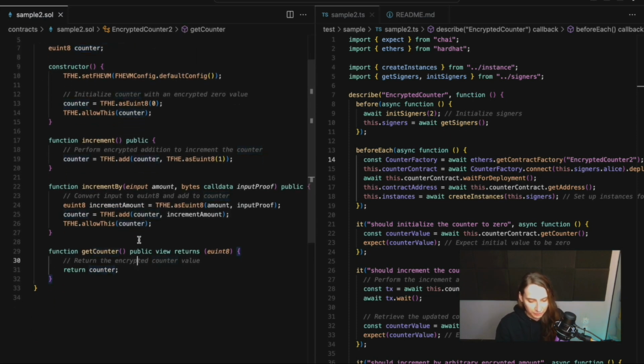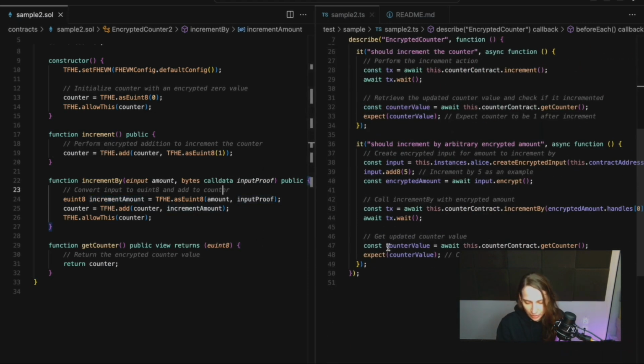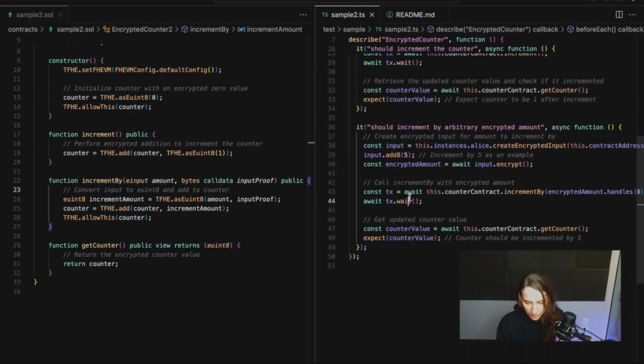However, if we add an interesting function, incrementBy, we can have the user add an arbitrary amount to our value, and basically also we have an input proof here. So incrementBy allows us to increment by an arbitrary amount. Let's see how this works from the tests.